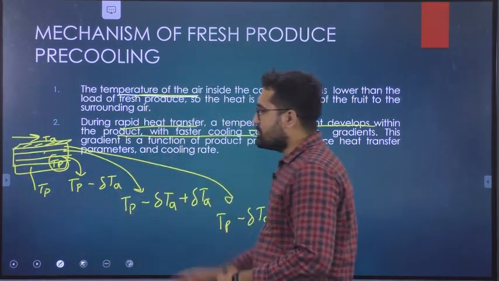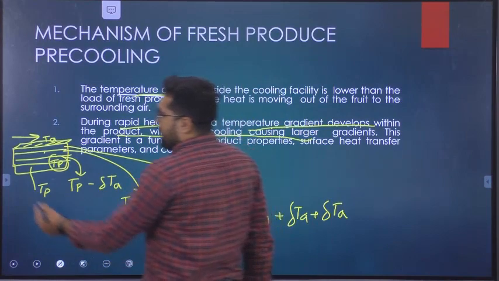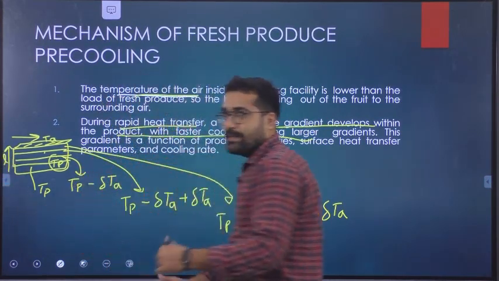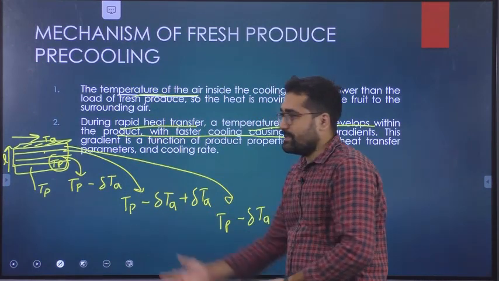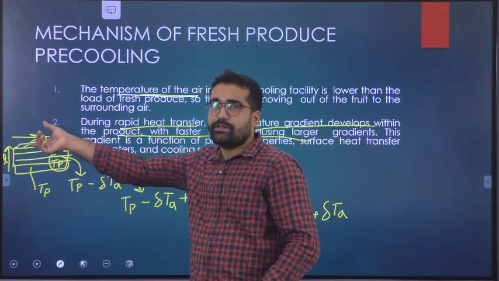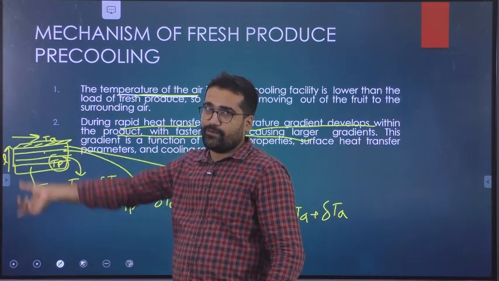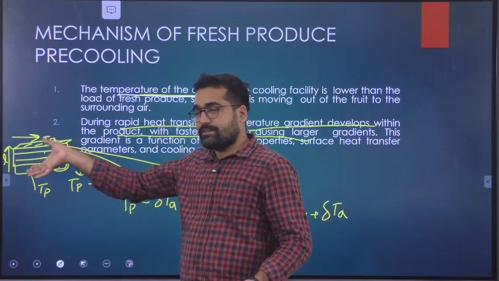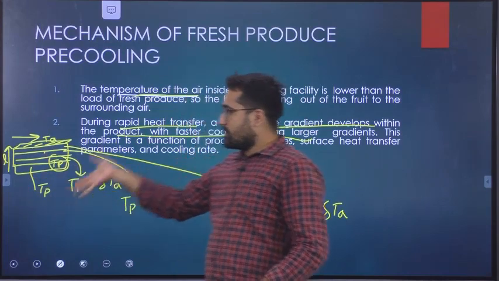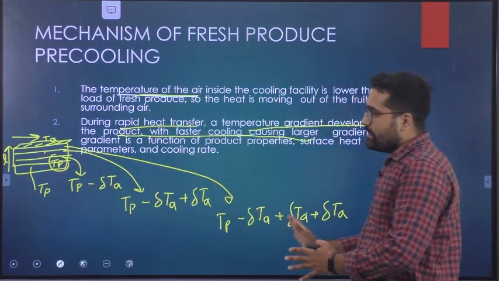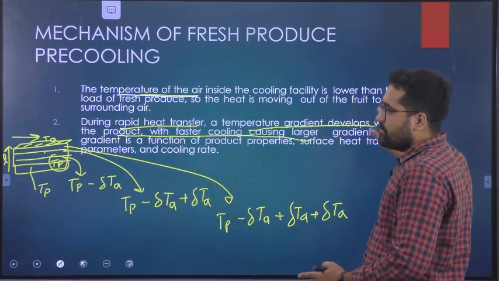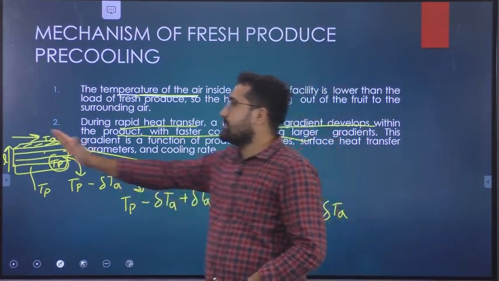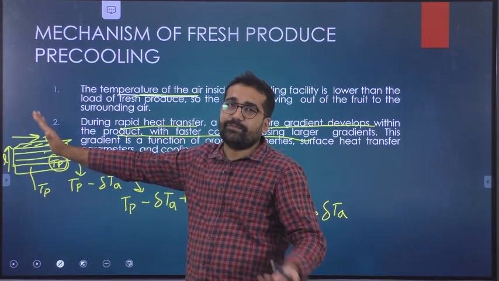So this shows what? As we go higher lengthwise, there will be a temperature gradient in the product. The temperature is changing as we go up or down, depending upon the direction of our air. So that is what is written here: with time, in rapid heating, it will generate a temperature gradient.